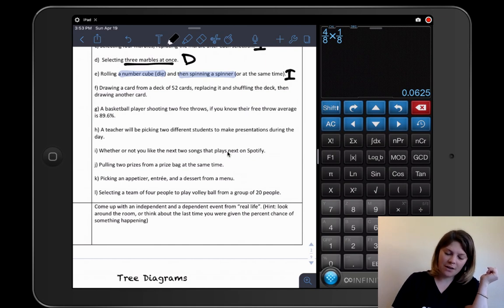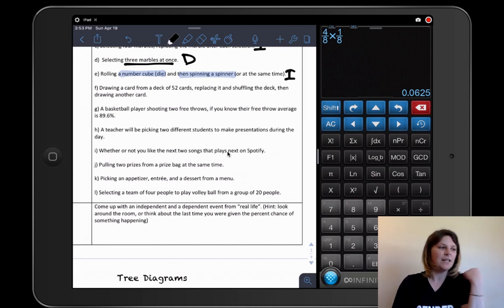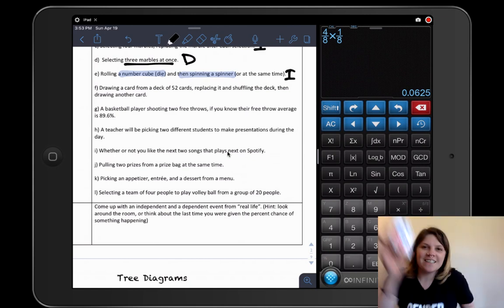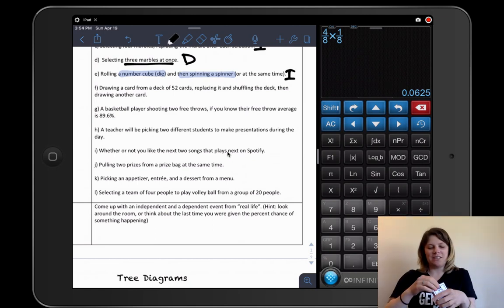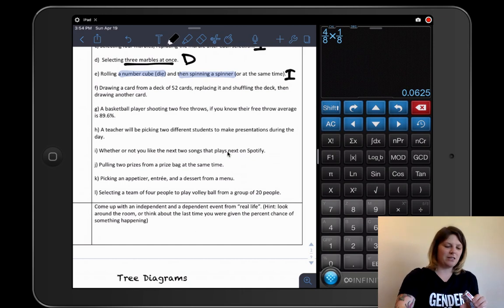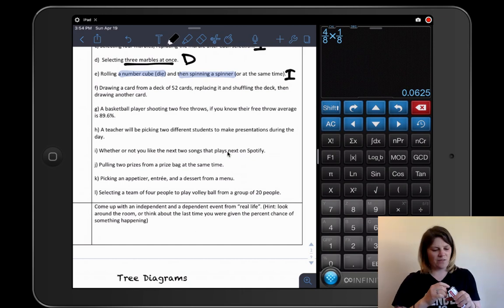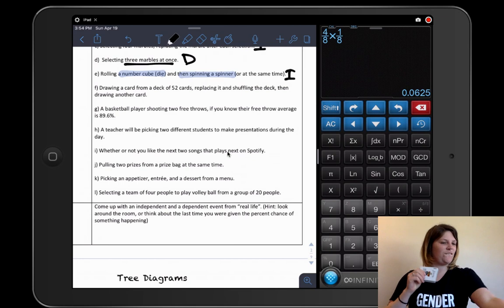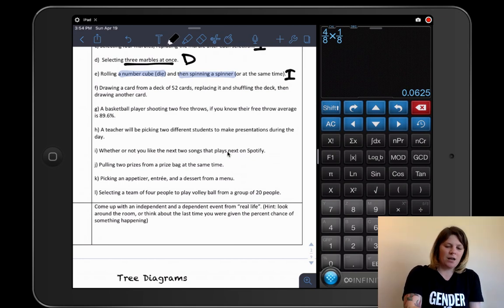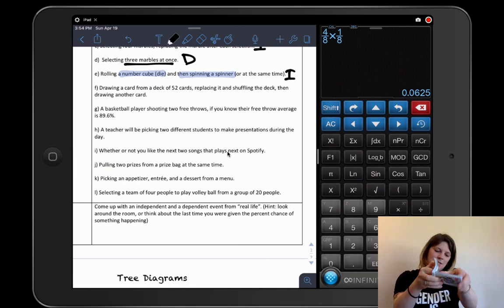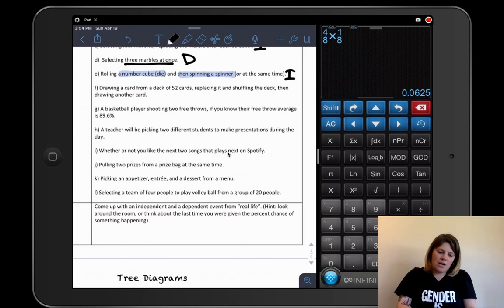Okay, drawing a card from a deck of cards. And I actually have a deck of cards here that I can kind of hold just as a little explanation here. We don't want jokers. We want 52 cards, not 54. Okay, so you are drawing a card. Pretty good at shuffling. I don't know if you guys can see,